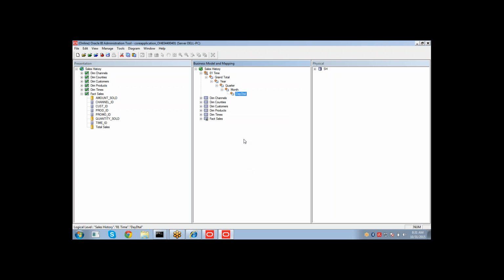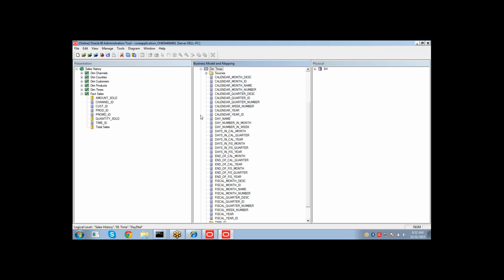Okay, we have created the hierarchy, and then we have defined the different levels: year to quarter, quarter to month, month to day. So now once we define the hierarchy and define the levels, we need to add the members to these levels. Members are nothing but the logical columns. And from the dimension for which you are creating this hierarchy, add the columns to this hierarchy. Okay, expand this hierarchy time dimension table,